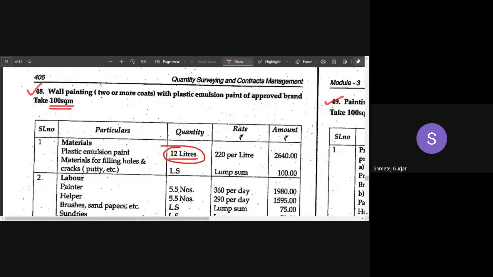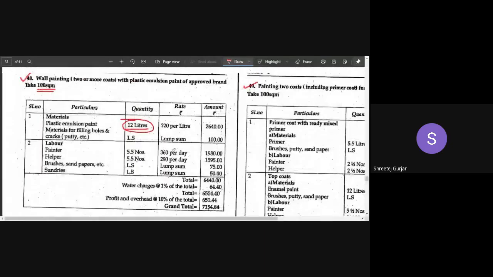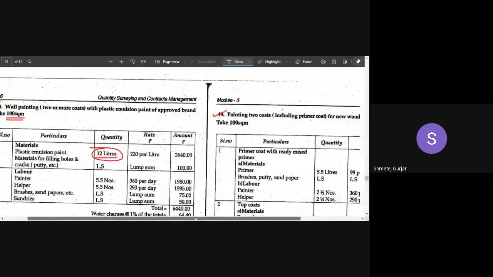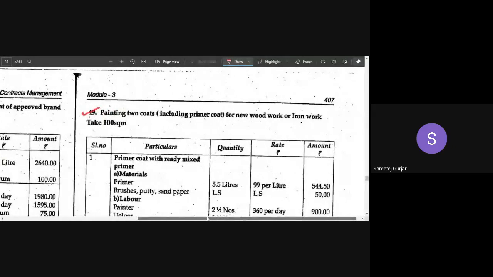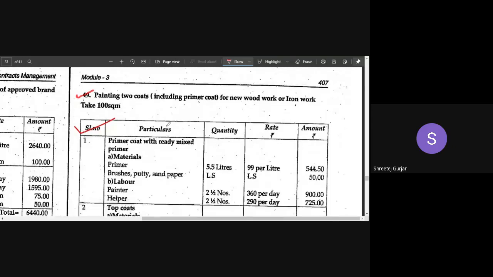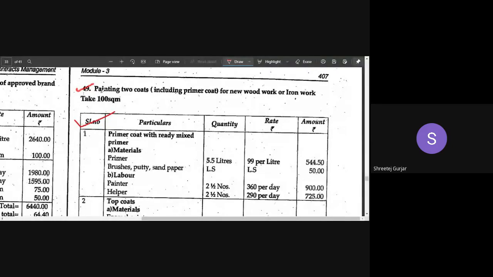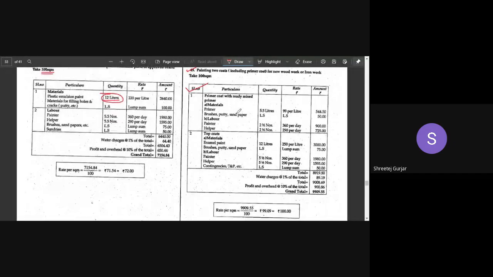Okay, so the remaining things you can read, it is the similar things, all the things are same. You can see it is easy compared to other quantity calculations, right? Material calculation, like in your concrete and your cement and your mortar, all those things can be skipped in this particular painting work. You can directly prepare the table, no need of any material calculation. Okay, so then painting with 2 coats, all these things are also similar to the previous one. You can read and you can go through, all the things are self-explanatory, no problem.